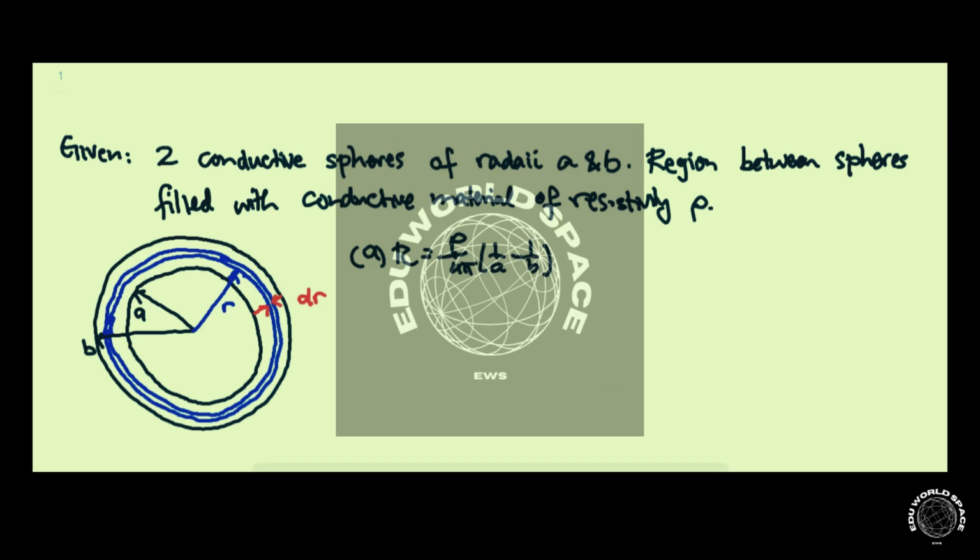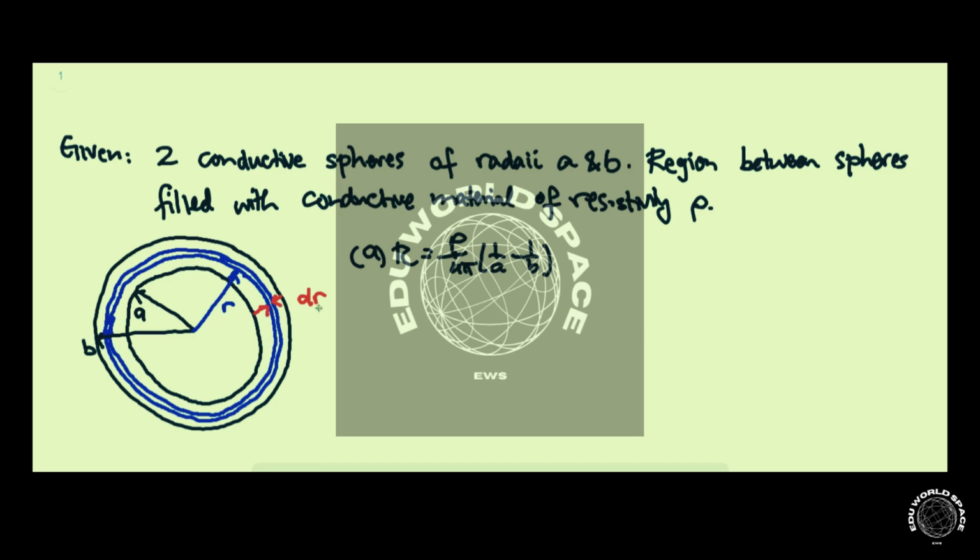What we know from this problem is that there are two conductive spheres of radii A and B, and the region between them is filled with some conductive material of resistivity ρ. In part A, we're asked to show that the resistance between the two spheres is given by ρ over 4π times (1 over A minus 1 over B). And the idea is to